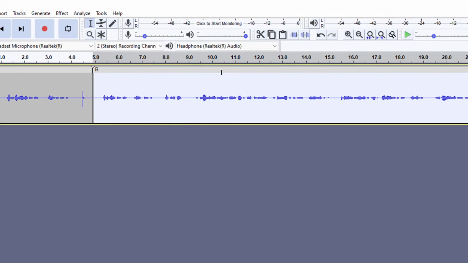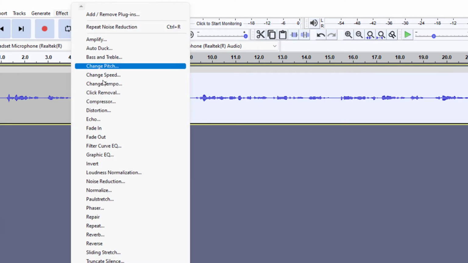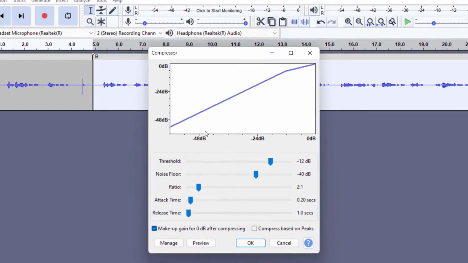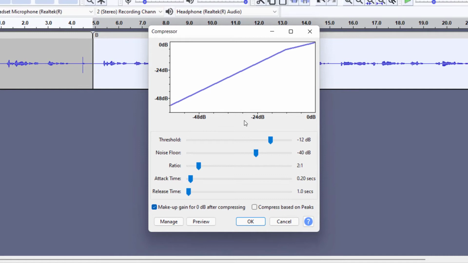So we'll now select the whole signal again and go back to effects, but this time around we are going to use the compressor over here. Basically, what the compressor does is amplifies the quieter parts of your audio signal. These configurations here are the default configurations, so we just leave it at that. And basically what it is saying is that make sure the audio goes up to around -12, as you can see here, and the minimum should also be -40 if at all.